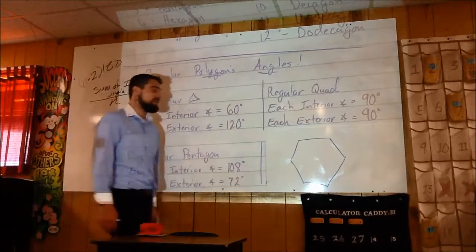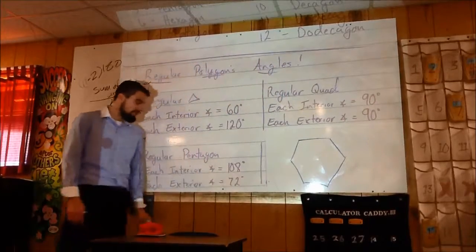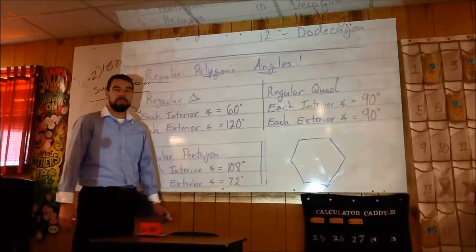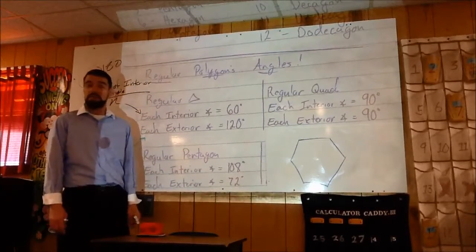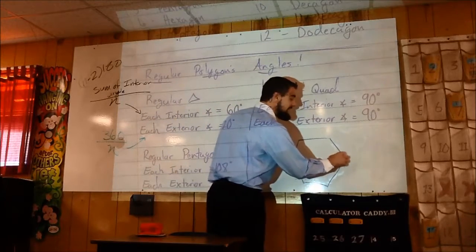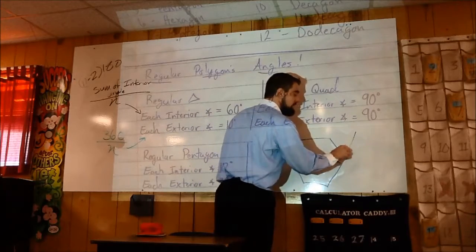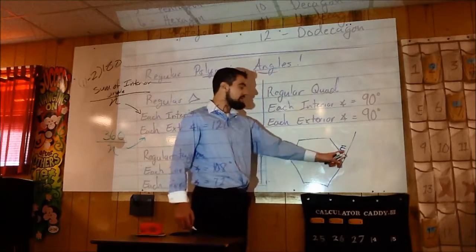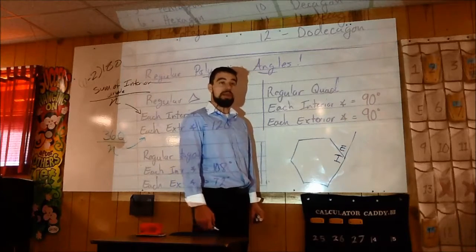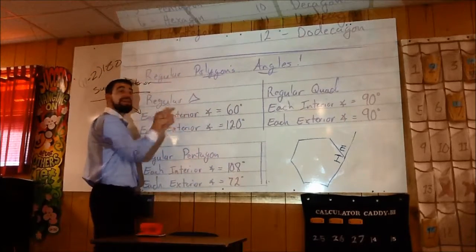What's 60 plus 120? What's 90 plus 90? 180. What's 108 plus 72? 180. So these always seem to be supplementary. Is that just a coincidence? No. It's not, because here I'm going to put I for interior angle. If I want to know the exterior angle, I'm going to put E for exterior angle. What's this special pair of angles here? Linear pair. And linear pairs are always supplementary, right? That means your interior angle and its exterior angle